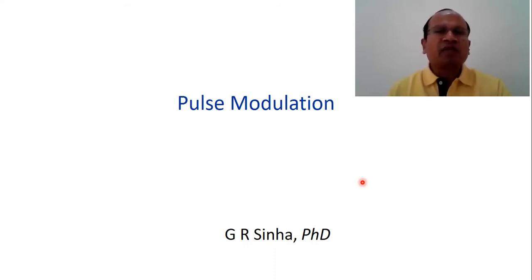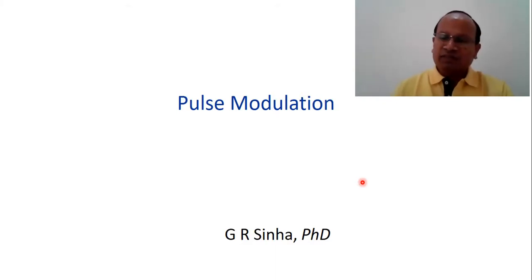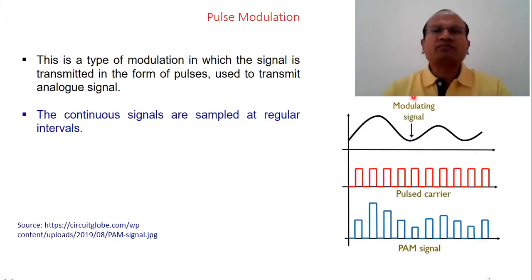So therefore, in pulse modulation, the carrier, which is a pulsed signal, will vary in accordance with instantaneous value of modulating signal. This is a general definition of pulse modulation, where the signal is transmitted in the form of pulses and generally used to transmit analog signal. If you can see the picture, there is a modulating signal, message signal,